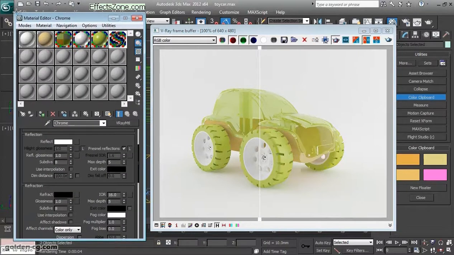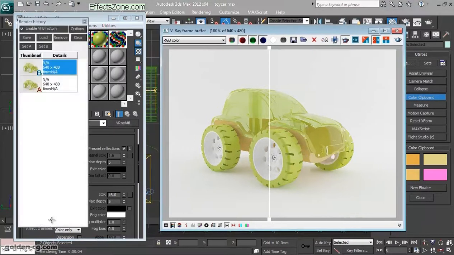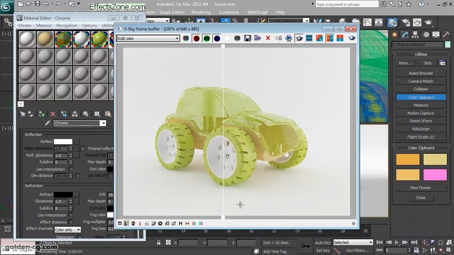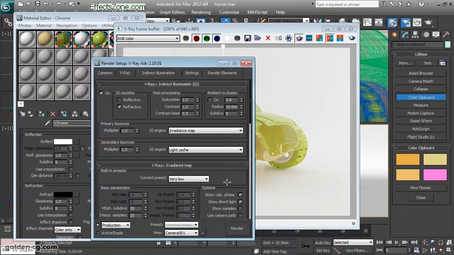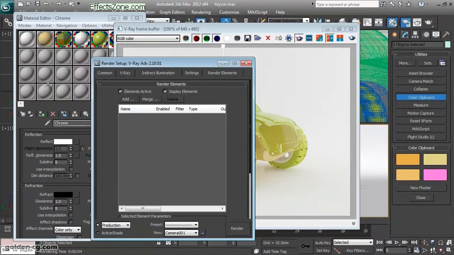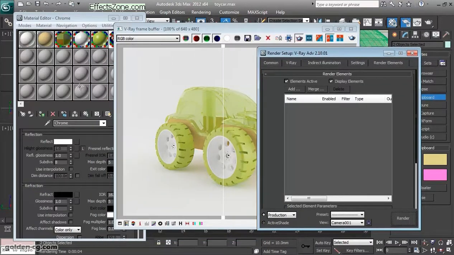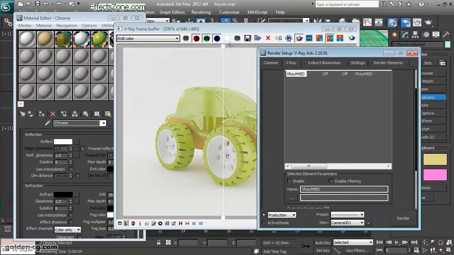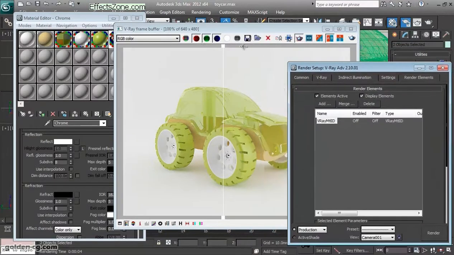So our materials are already finished. We already created all the materials that we want. Now it's time for rendering and compositing with Photoshop. For this tutorial I will also use the V-Ray render element. V-Ray render element in here, and I will use the material ID. So I will add the V-Ray material ID to my render elements. I don't need to do any changes,